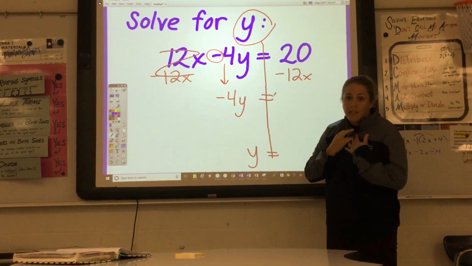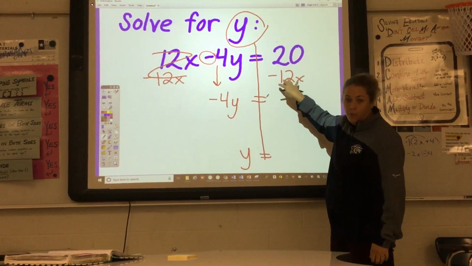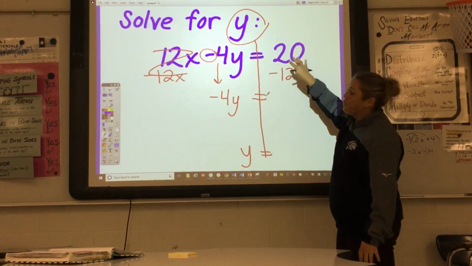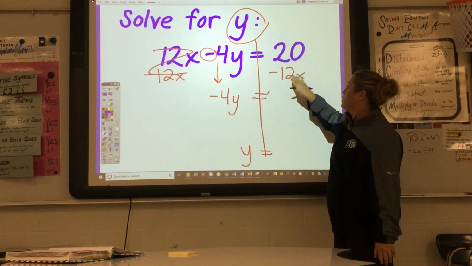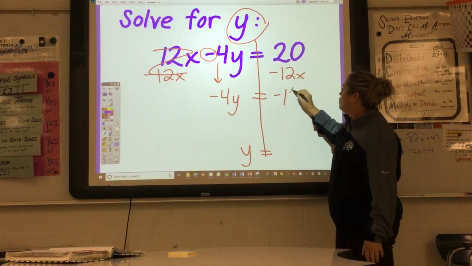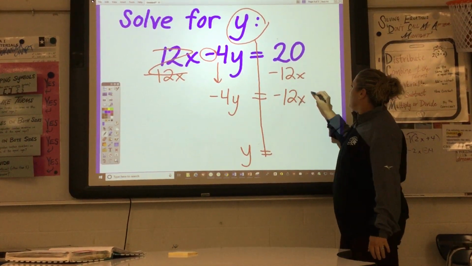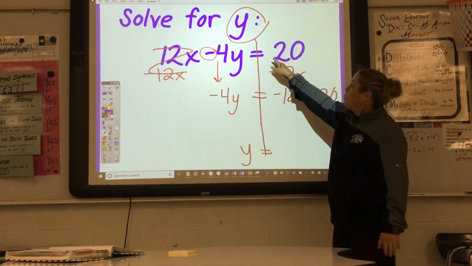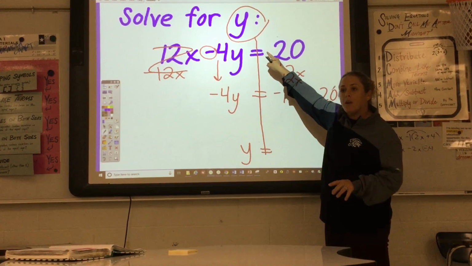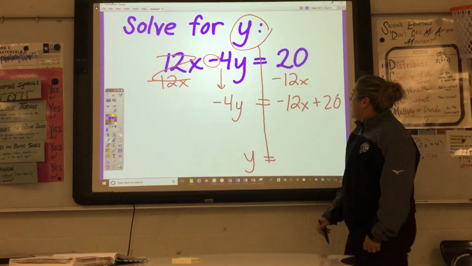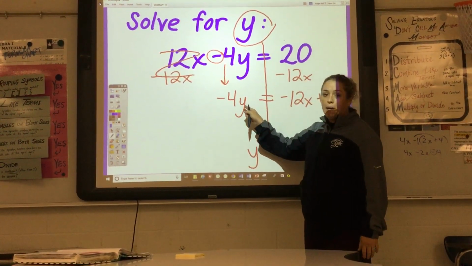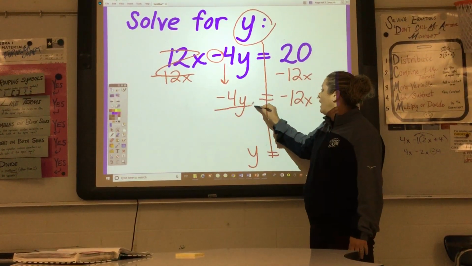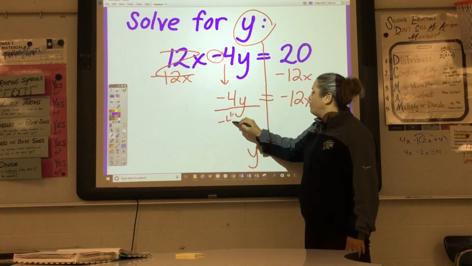So I personally like to write the 12x first, the x term, but you can do either one. So you can do 20 minus 12x, but I'm going to go ahead and do the negative 12x and then plus 20. And remember, if there's no sign in front of it, it's a positive, okay? All right, your last step to get y by itself, you're going to divide by a negative 4, okay, because